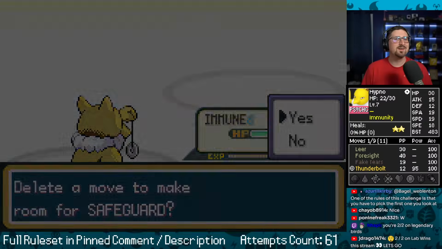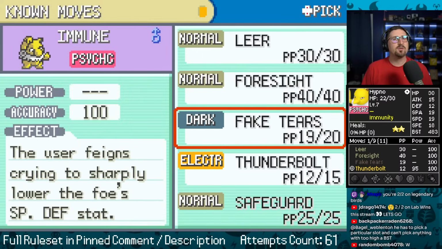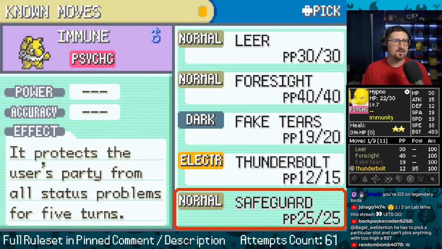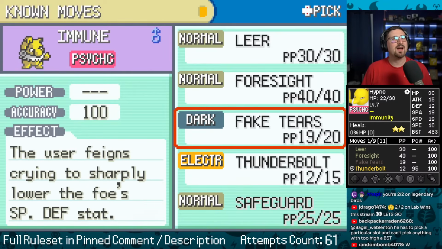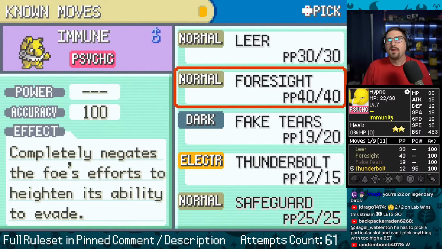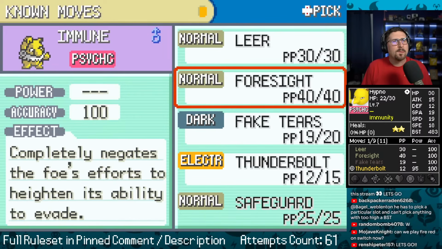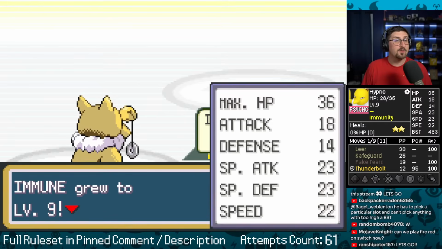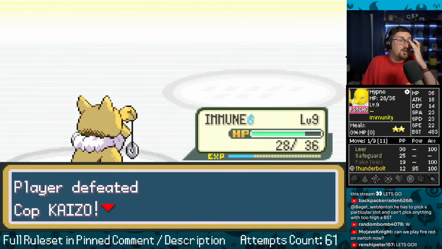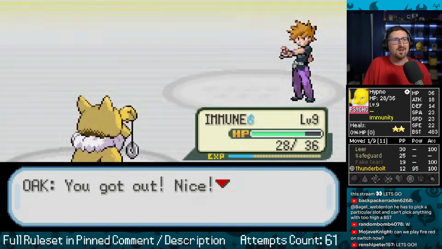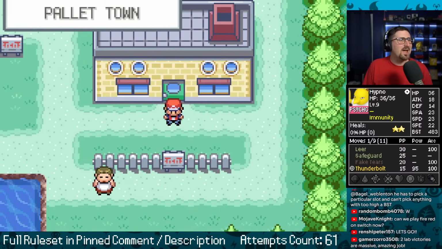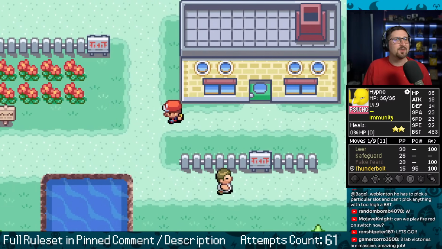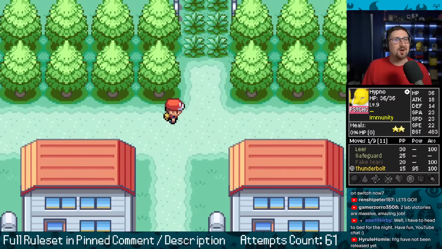Yeah, Safeguard ain't gonna do it. Yeah, only having one damaging move is enough to probably need to swap this Hypno out. Like, I would never use this. These are all just moves I'll never use. But we got out of the lab again, and that's what's important. Up to level 9. Yeah, I get extra experience, so that's one thing to consider is that Hypno's level 9. You got out. 2 lab victories is nuts for this challenge. Like, it really is. This is not normal.